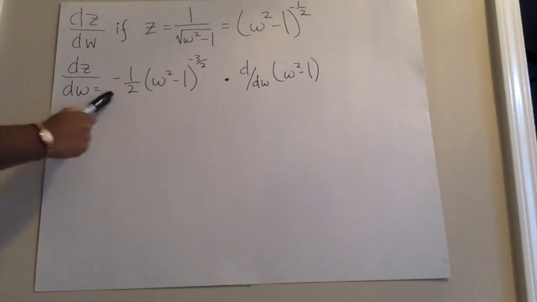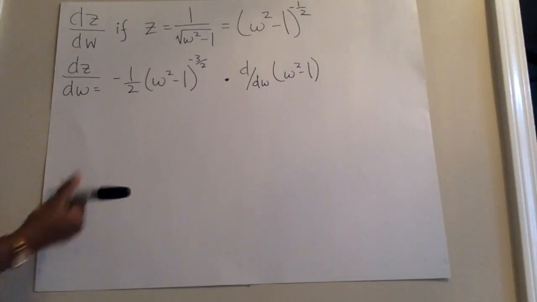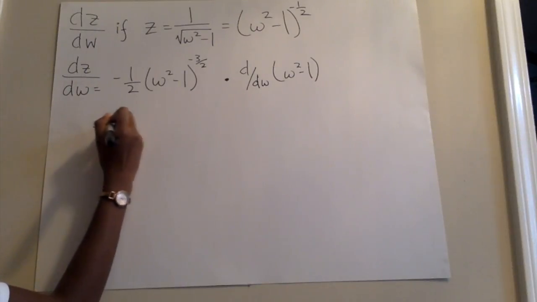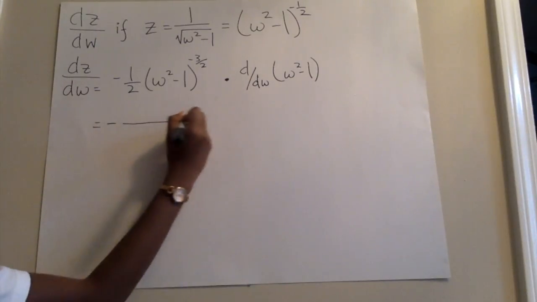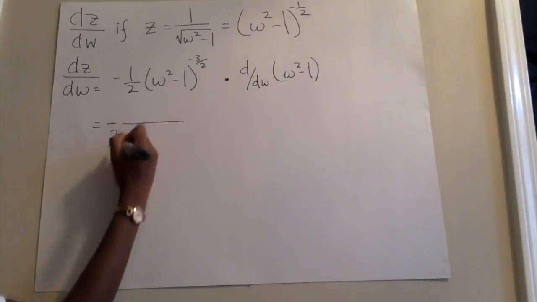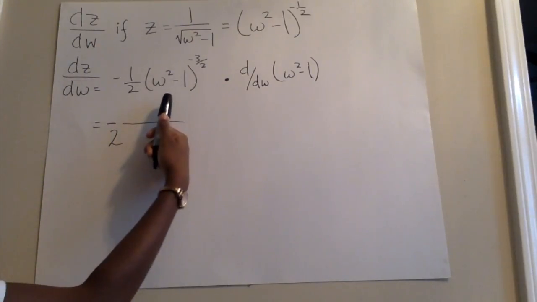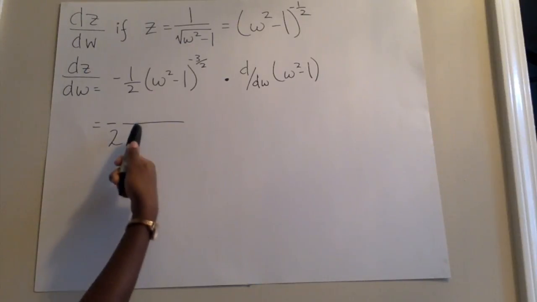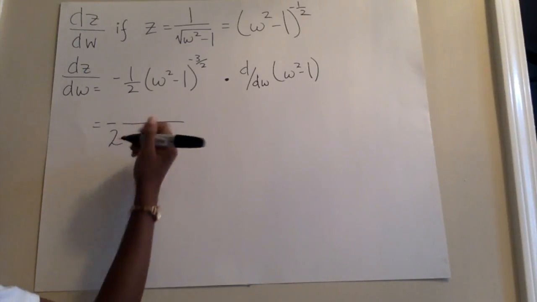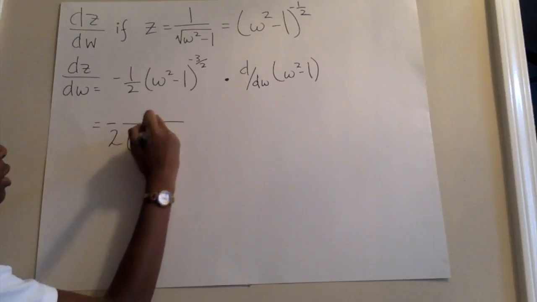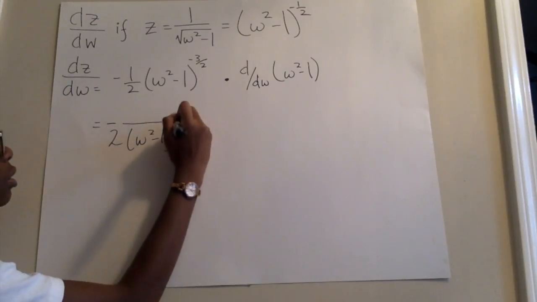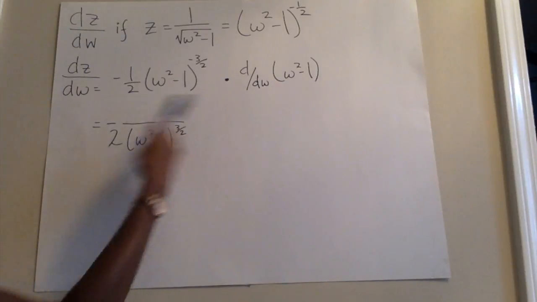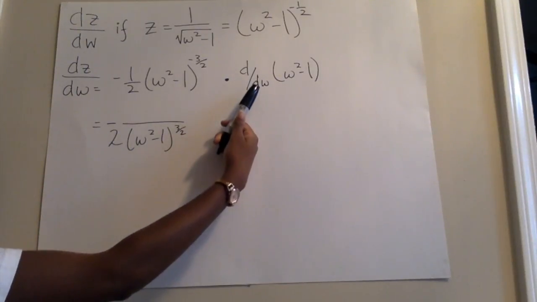So here we can rewrite this little section. So the 2 is going to be, well, it's still negative. The 2 is going to be in the denominator. And because of this negative exponent, this base is going to be transplanted into the denominator. Now in the numerator, all we're going to have is the negative, and we're going to have the derivative of